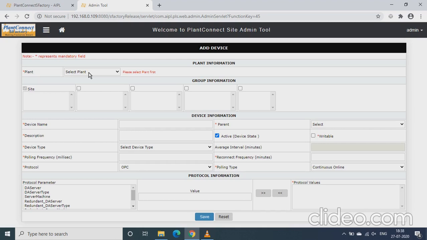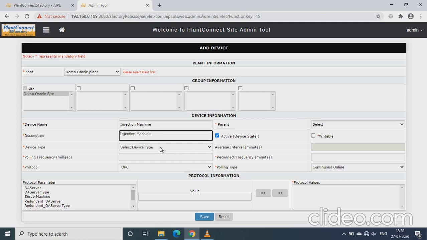So for example let's select the plant as demo Oracle plant, which will have this device configured on it. Then select the site as demo Oracle site and then the device name as injection machine. You can add the description as the device name as it is.